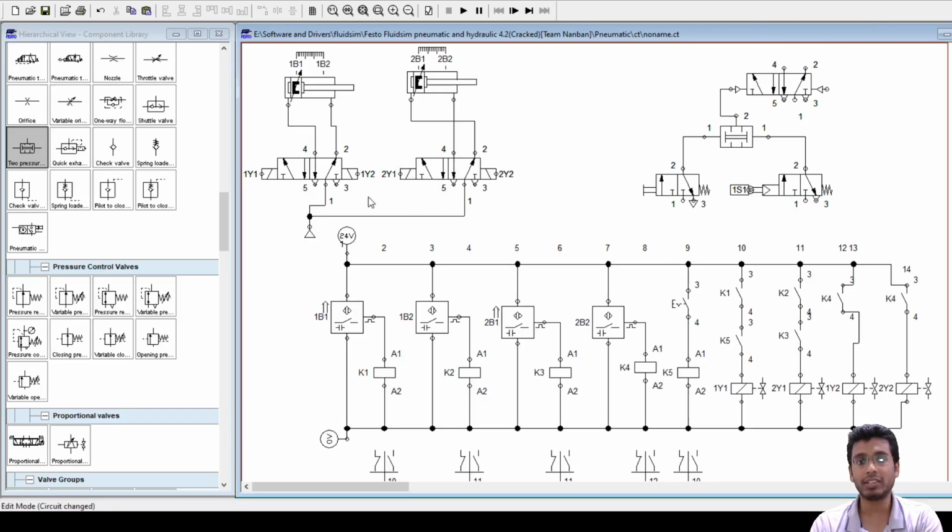And here with the electrical signal you have your solenoid valve, right? So after all the electrical signals are processed through different types of logic that you do here, finally you are supplying an output current to the solenoid valve here, and then the spool shifts and your cylinder extends. Got it?